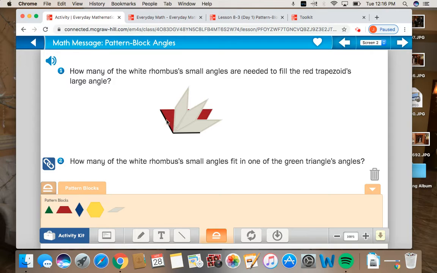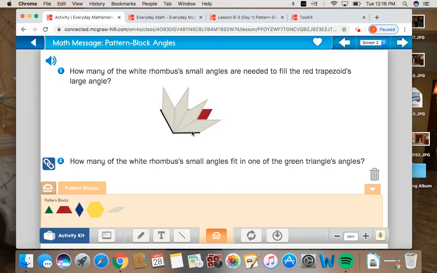3, and I see that I have more space inside the angle here. And I need to turn that a little bit more. So it looks like 4. 1, 2, 3, 4. And again, just focusing on these small angles of my white rhombuses right in here and